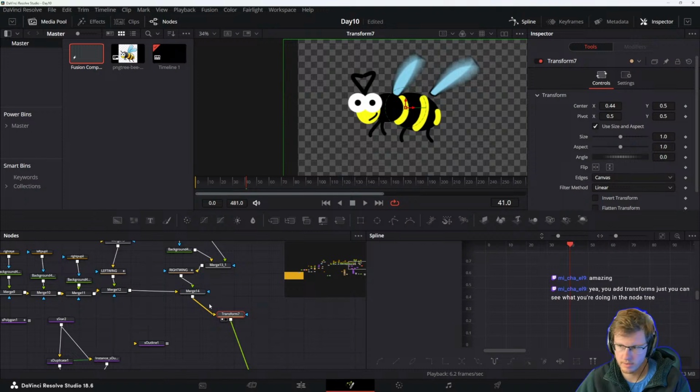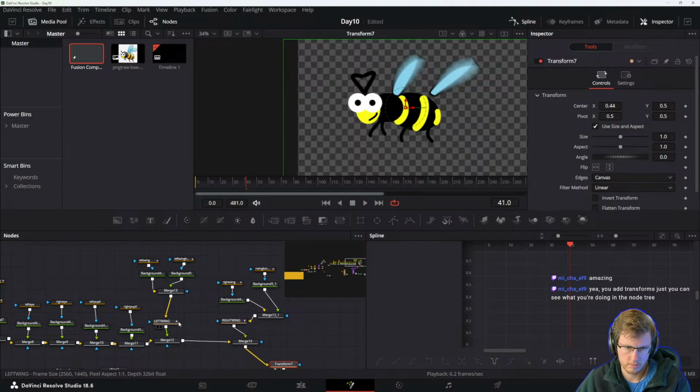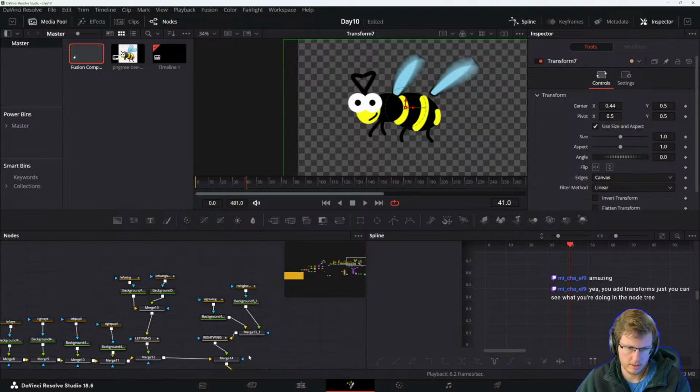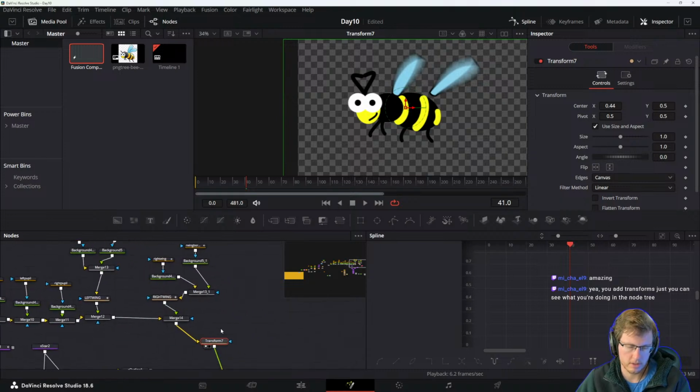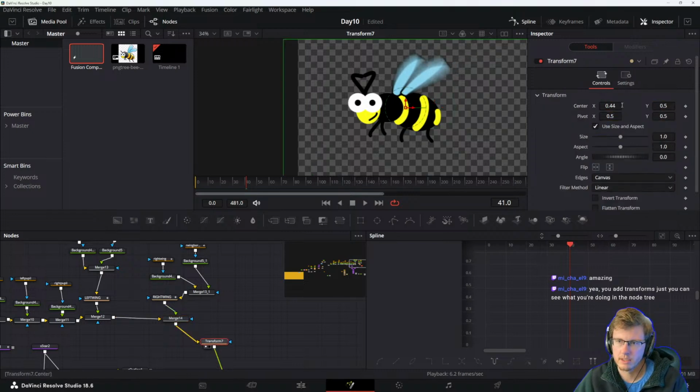And then, oh, yeah. So just to see what's going on. Right, and then I could label it this way. And then this is clear as a merge. Yeah, that makes sense. And then from here, oh wait, reset this to 0.5. That's in the right place. All right, so now we